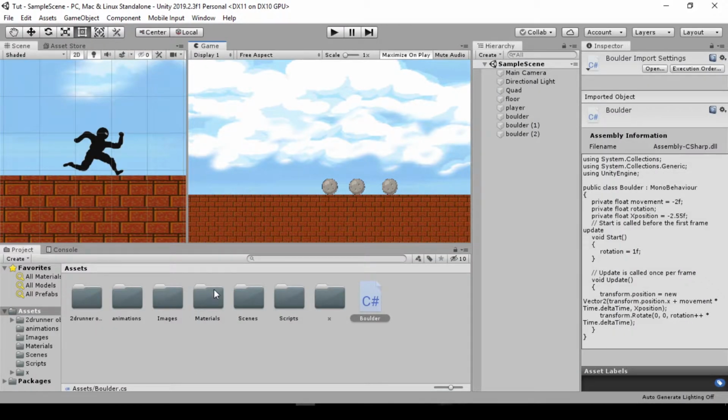So this is our fourth episode on how to make a 2D endless runner. Prior to our last video, we arranged the animation and we also fixed up these boulders by giving them colliders and a little bit of code so they can move towards the negative x-axis. Now for today's video,